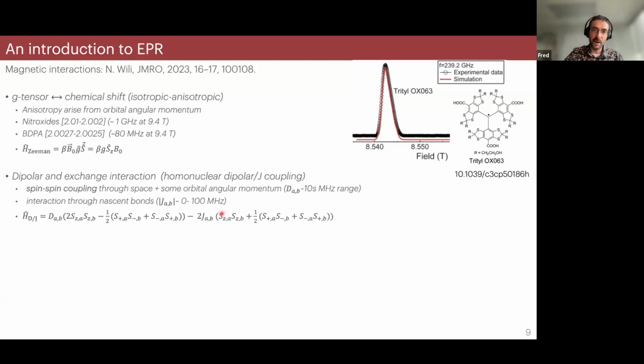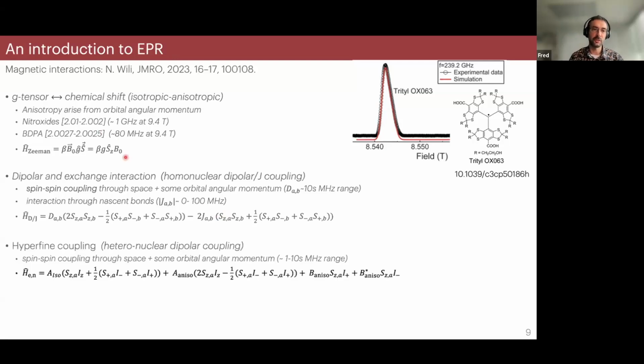And these would be the relevant Hamiltonians, I forgot to say, for these interactions. And finally, the most important one for DNP, in my opinion, is the hyperfine coupling, because this is the one that allows the talking between the electron spin and the nuclear spins. And in particular, one critical term is what we call the pseudo-secular term, where basically the quantization axis of the nuclear spin is slightly tilted by the presence of an anisotropic hyperfine coupling.